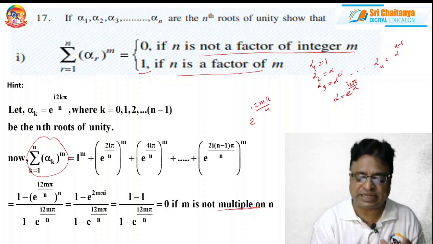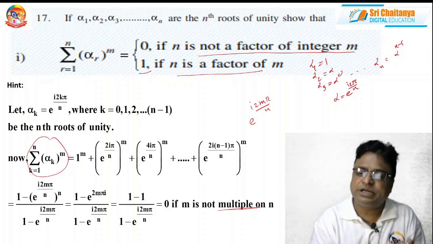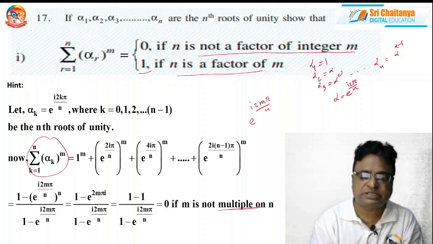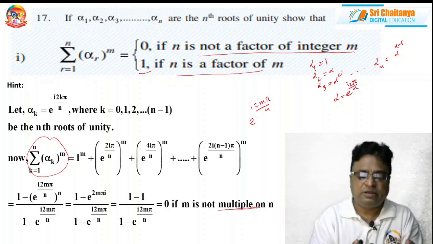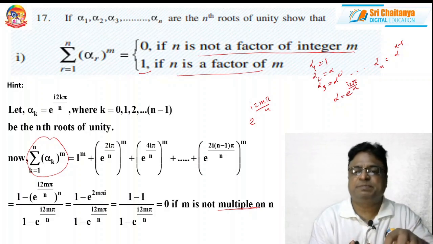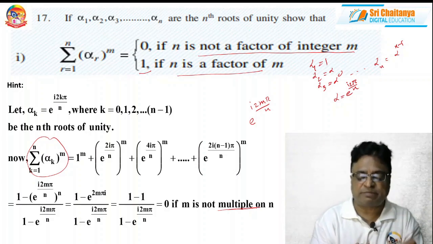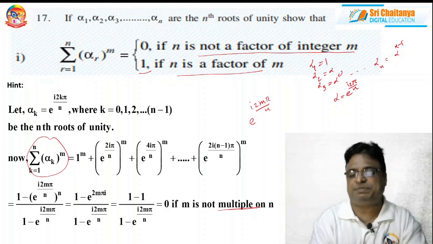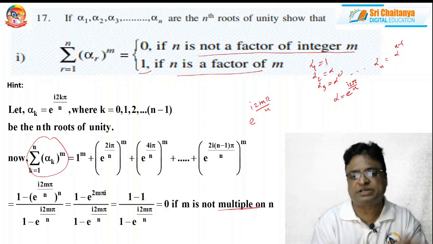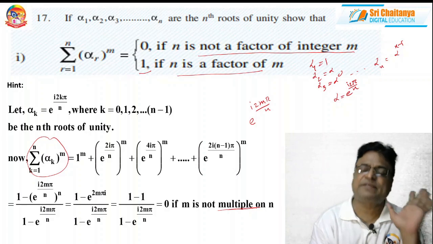And of course, my friends, don't get any confusion. It is an application of the sum of the nth powers of a progression which is in GP. Sum of the nth powers of the terms of a GP. Here I have applied the formula.